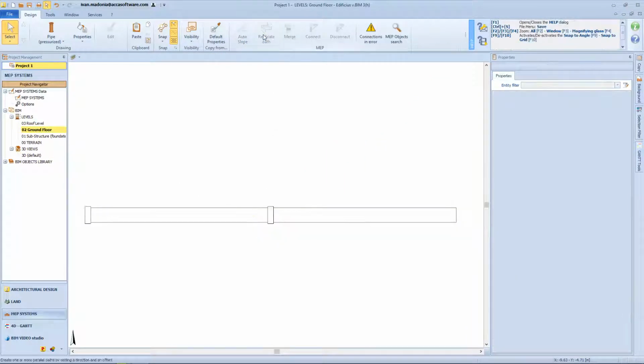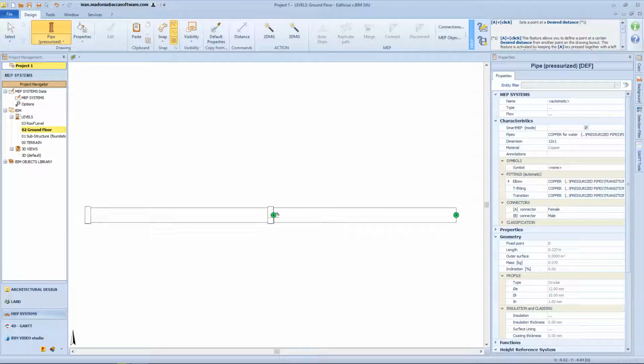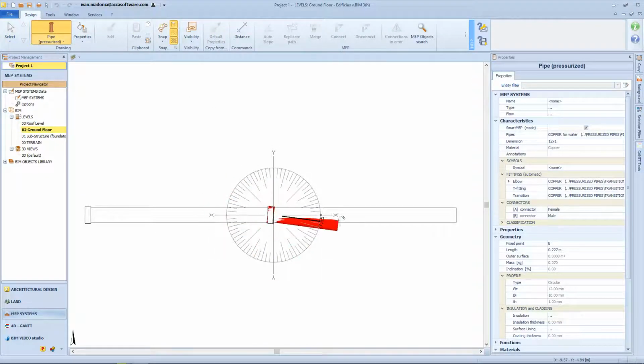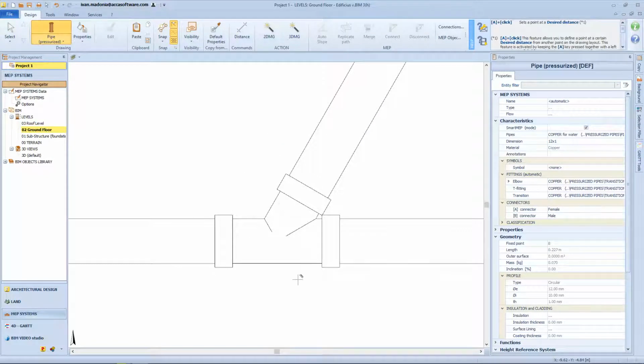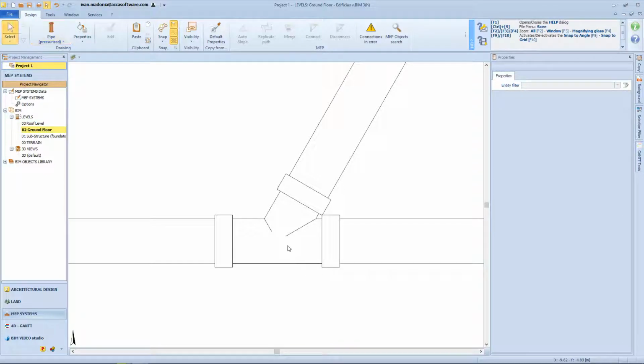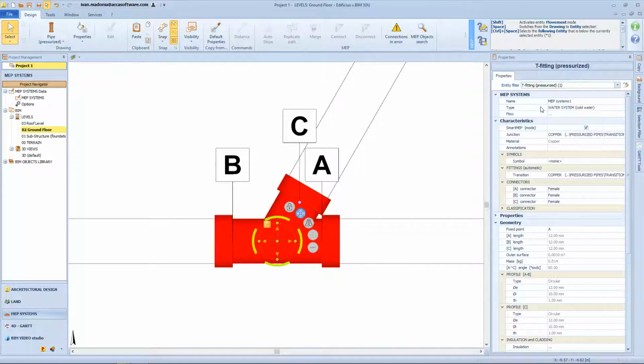Even when operating on the level, the T-fitting can be generated in the manner described. The yellow snap intersection appears, which allows you to create the T-fitting. Its derivation can be drawn in any direction on the horizontal plane. As for automatic fittings in general, the T-fitting also acquires the parameters and properties from the pipes that generate it,